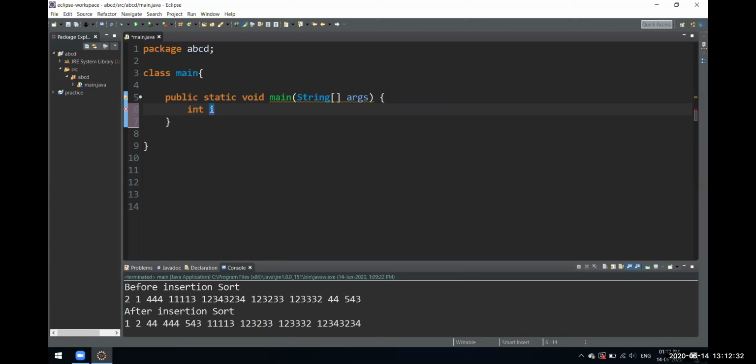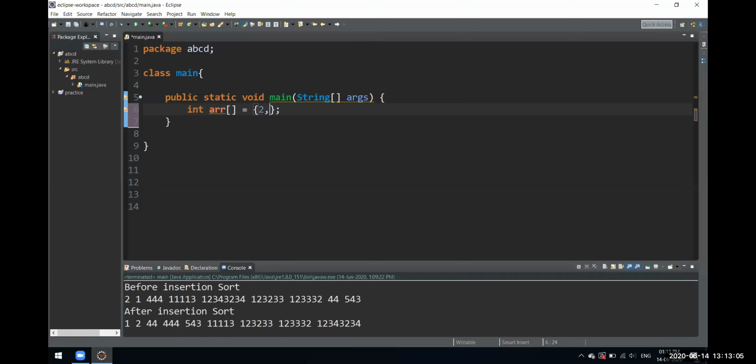int i. I have just used it for the for loop, but even if we don't specify it, this would be fine. Array, we'll define an integer array. So this is an array we'll make. Let's give this array some elements: 2, 1, 0.